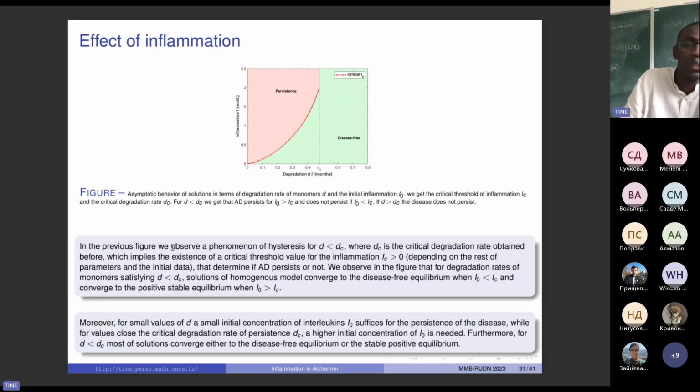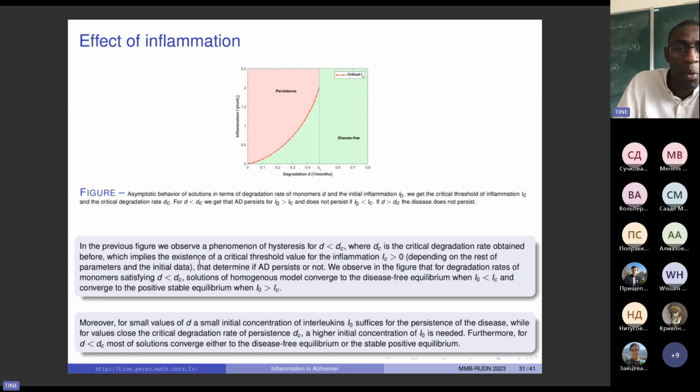So in the previous figures, we observe the phenomenon of hysteresis for D lower than DC, where DC is what we called before the critical degradation rate, which implies the existence of a critical threshold for the inflammation. That means for this inflammation, if I'm here, it persists, and if I'm here, the disease does not persist at all. This shows that inflammation is important to take into account when you are modeling